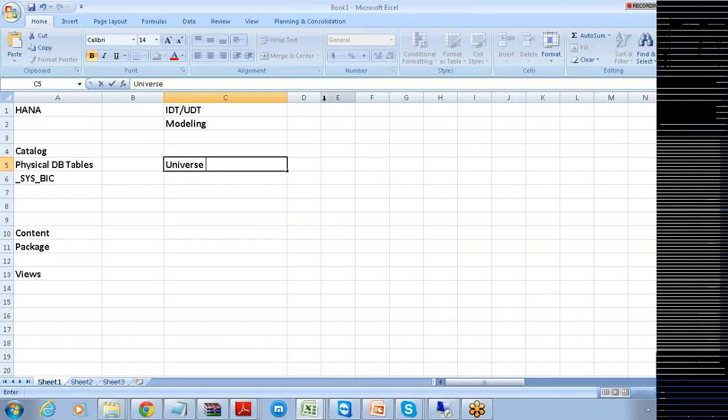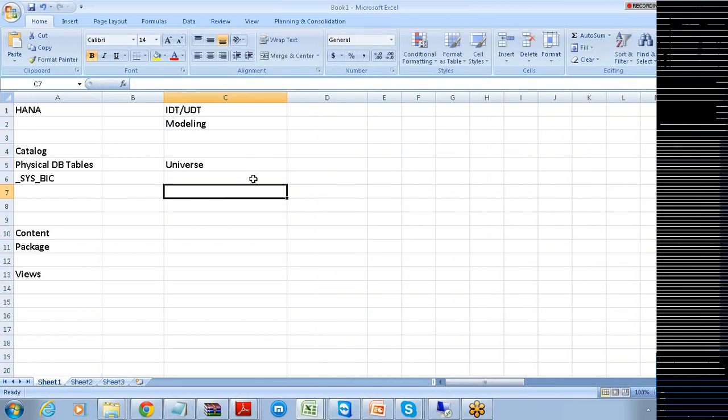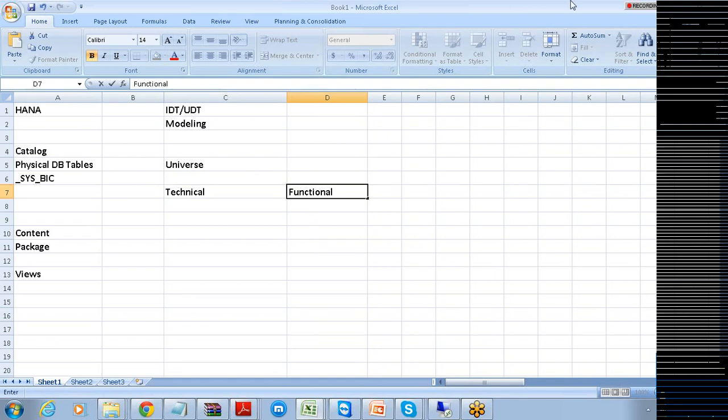This techno-functional layer contains two types of things. First, we have the technical layer, and second, we have the function layer. Within this technical layer, we make a connection to this HANA database.